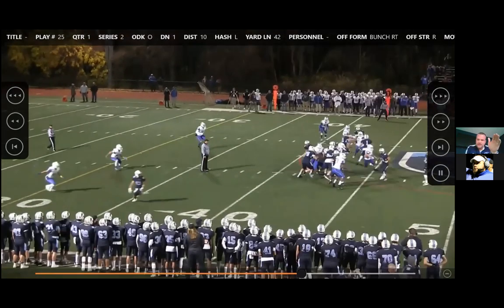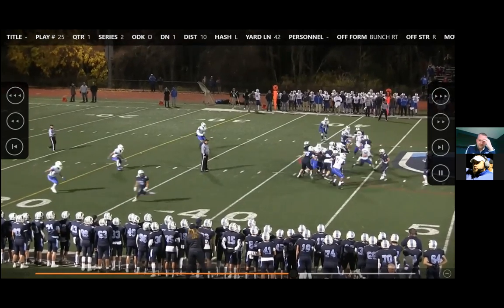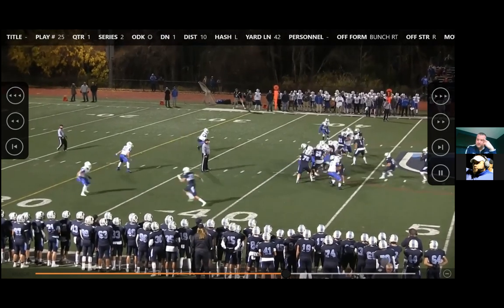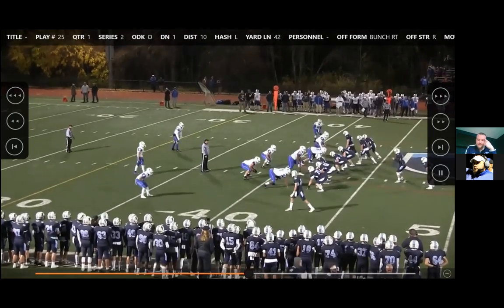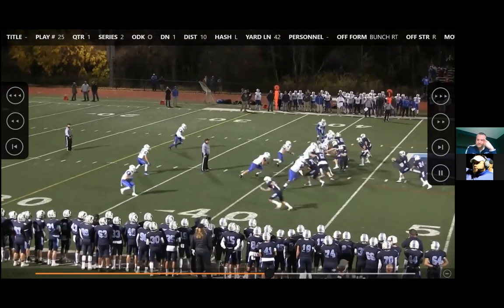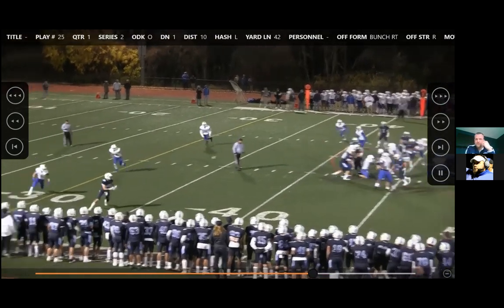We don't have anybody downfield. It's pretty clean in terms of the rules of the game. And again, the quarterback didn't read anything. We're not asking him to. This is just, do you like to throw? Throw it. Done. Okay. Again, very clear picture out there on what to do with the football.